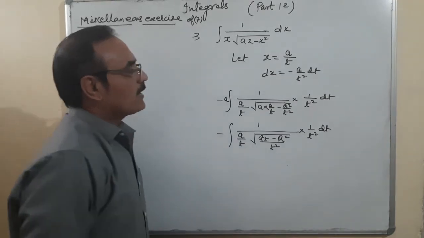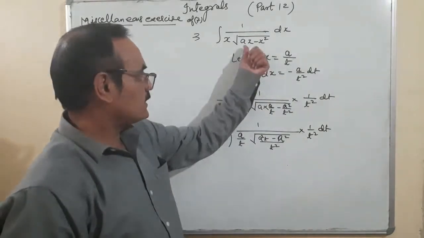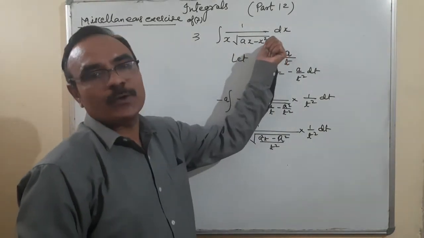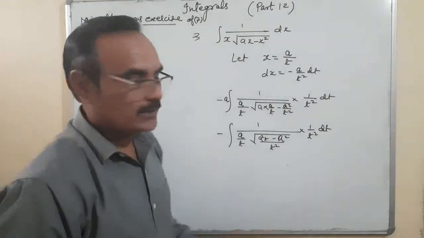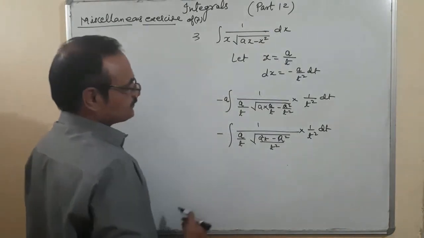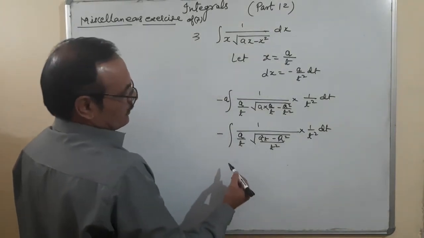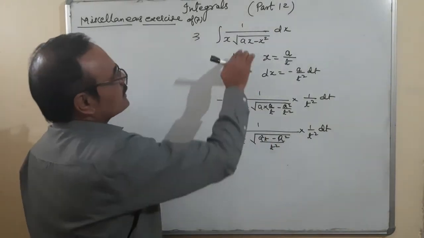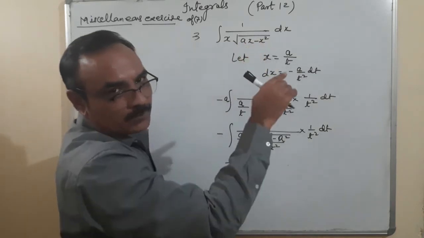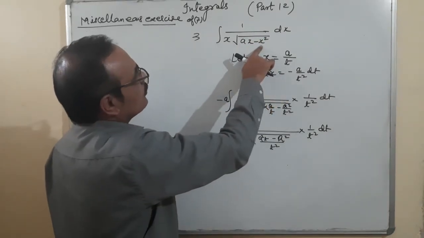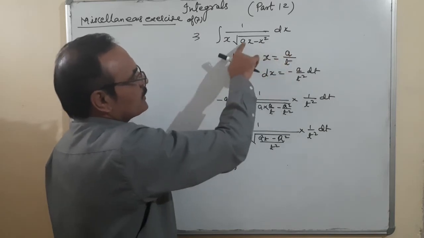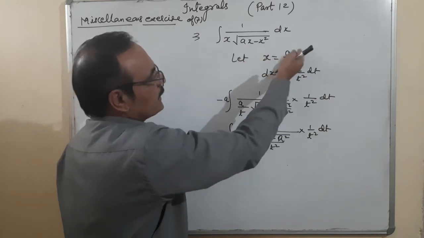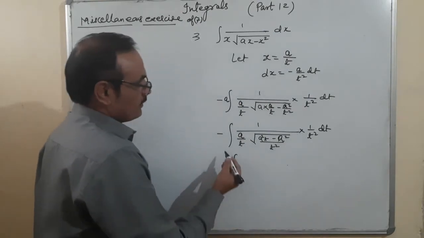Have you understood why I have taken a upon t? Because inside there is ax minus x square. We want to take out this a from outside of the root. So that's why x is equal to a upon t. But the rule is the same, where I told you that in a root term in the denominator, the root term is a quadratic polynomial. This is linear, so we'll have to take x is equal to 1 upon t. By the way, if there could not be a, then simply we'll take x is equal to a upon t.